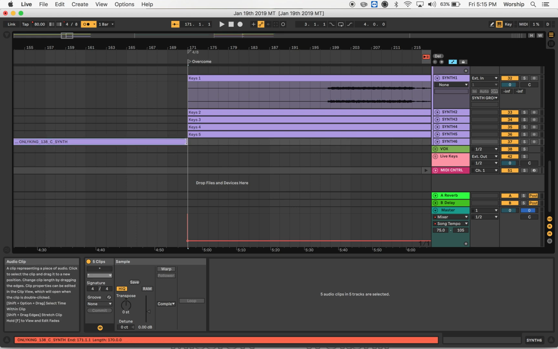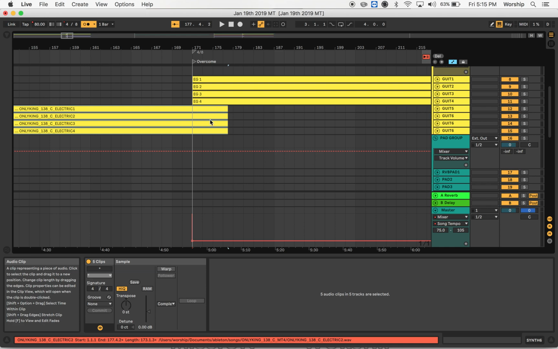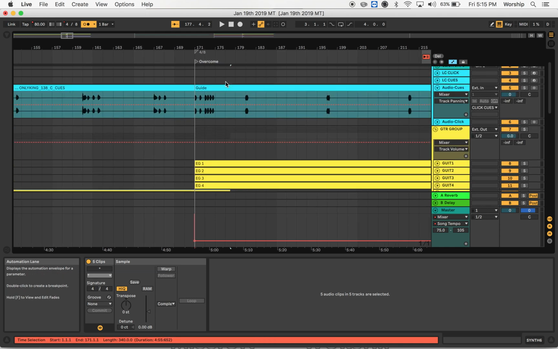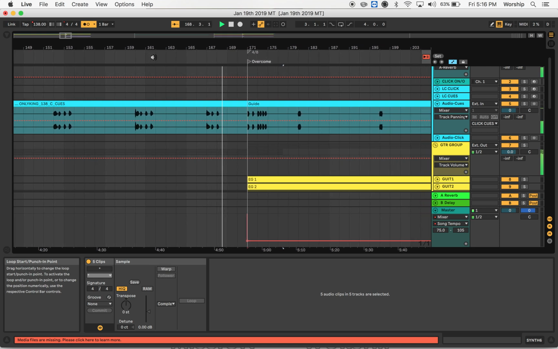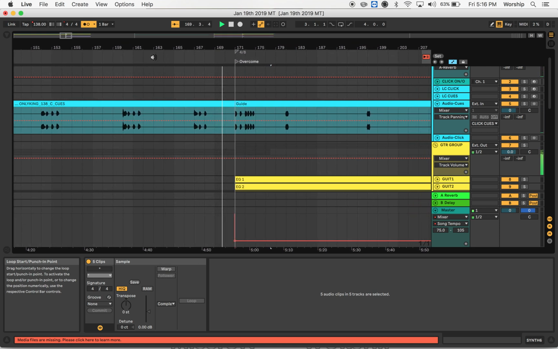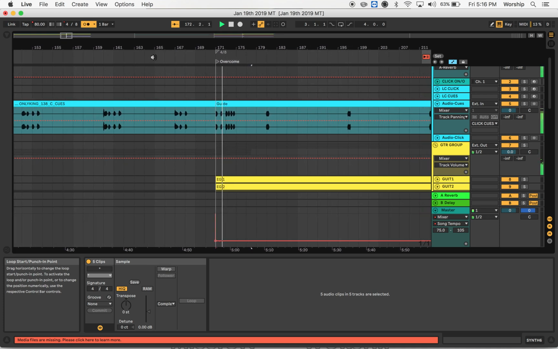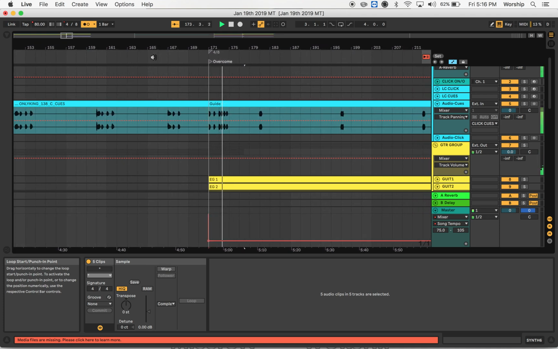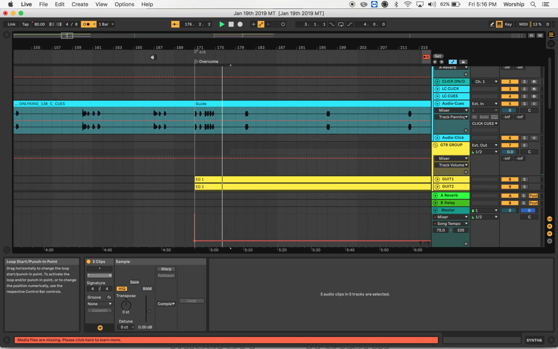And then I'm going to drag them this way, which should have done it for up here as well. Let's just see how that sounds. 1, 2, 1, 2, 3, 4. Actually doesn't sound too bad.